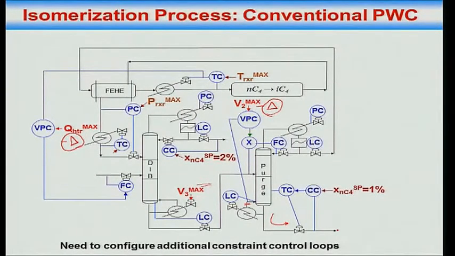Yeah, exactly. So my heater max is limiting throughput, but note that this loop is a very long one. I will make a change in the boil up, in the fresh feed, and its effect on the heater duty will take maybe half an hour to reach, right? So this will be a very loose loop, because this VPC will be a very long loop. Therefore this delta will be large. You will have to back off big time because the swings will be large and over long durations.